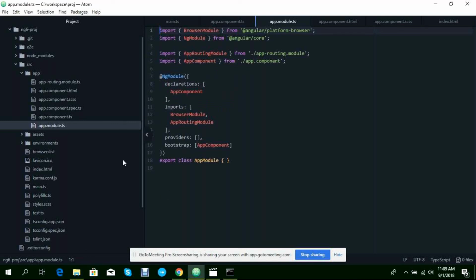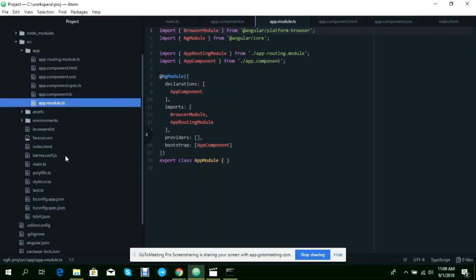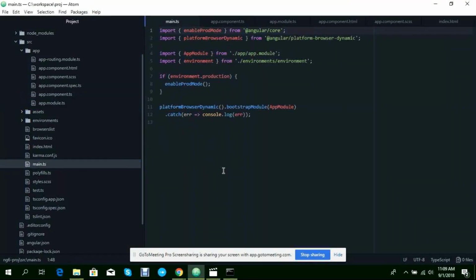Okay, so that is how the main.ts works. If you go to the main.ts or main file, look at line number 4. This is the first file. So if you look at number 11 mentioned here, platformBrowserDynamic().bootstrapModule. Okay, so that means